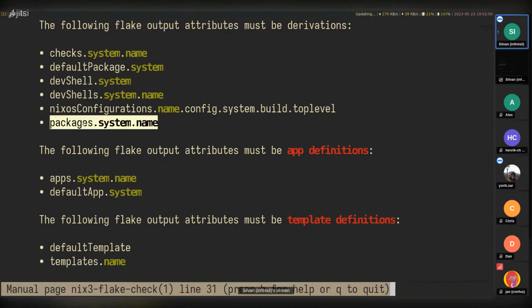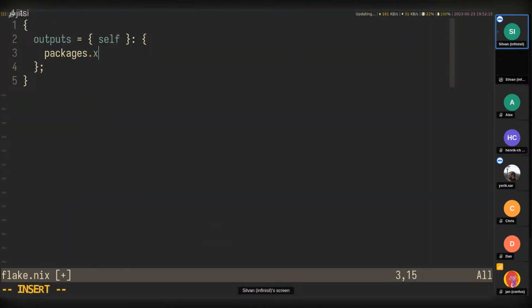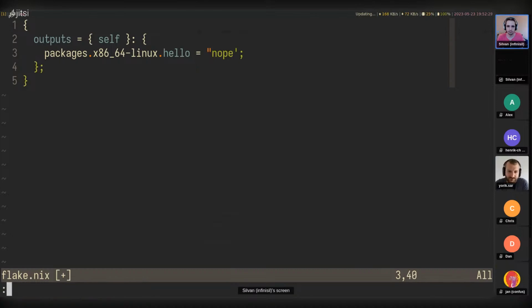But yeah, so we have packages.system and then .name. So the way this looks is like this, packages.system. So here I would say this .name, and then this is the hello I want. And this is what would be built when you just do a nix build. So flakes is integrated into the new CLI, which essentially drops the dash here, but it also revises the CLI in various ways. So nix build by default builds flakes.